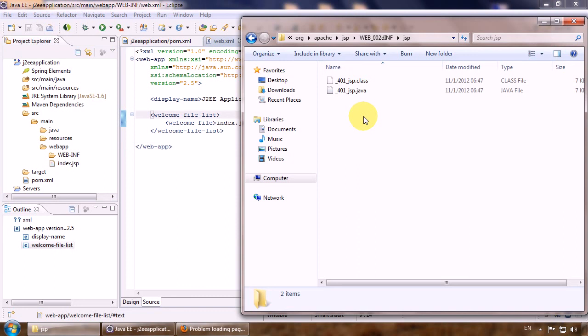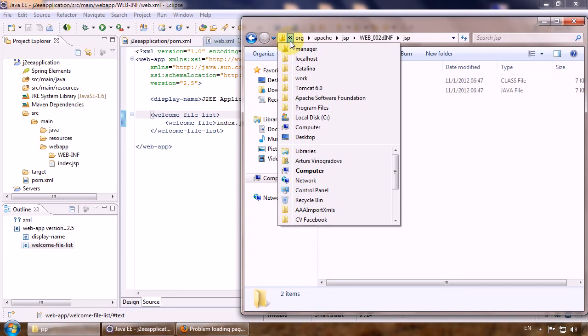Oh, no, I'm sorry, I'm wrong, because we are not using a main Tomcat instance anymore, so we are looking for a wrong place. Because we are using another instance configured by Eclipse, we should look for our translated GSP files